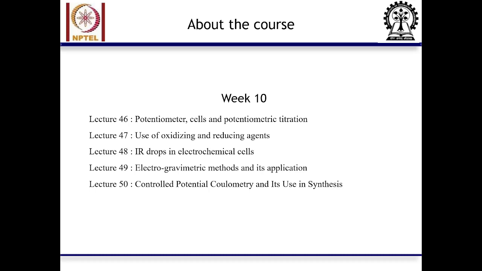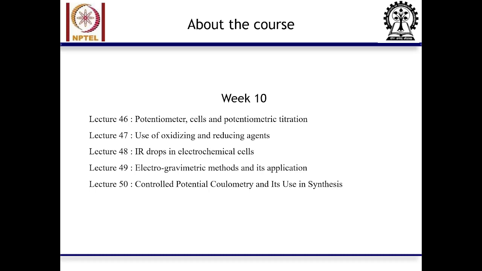He discussed many titrant solutions like iron 2 plus, cerium 4 plus, sodium thiosulfate, IO4 minus, iodate and periodate solutions, S2O4 2 minus, and sodium bismuthate. Many oxidizing and reducing agents he taught in this lecture, and he also discussed the redox indicators